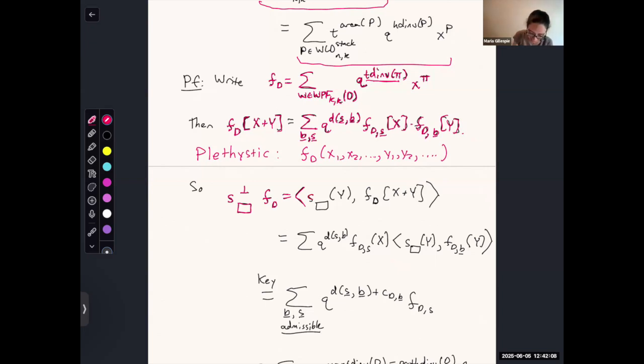So then S rectangle of y, and sorry, I didn't see the chat. FD of x plus y. This is just another formula that matches all the skewing and all this stuff. You can always take the inner product of a Schur function with the plethistic substitution in the two variables to get out what the adjoint operator is applied to the FD in the x variables, right? And so what that turns out to be is